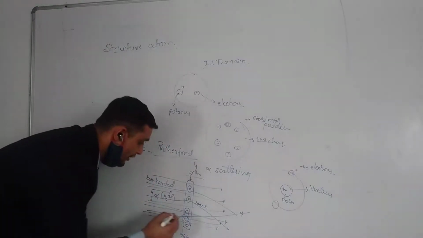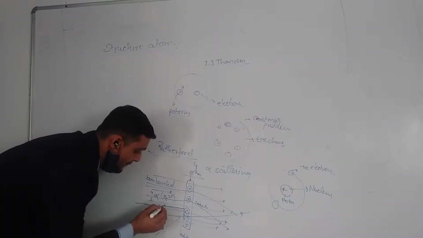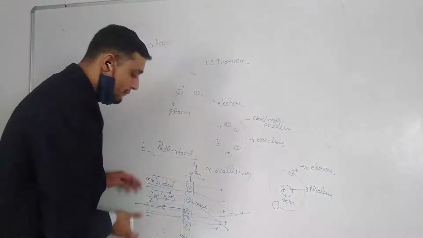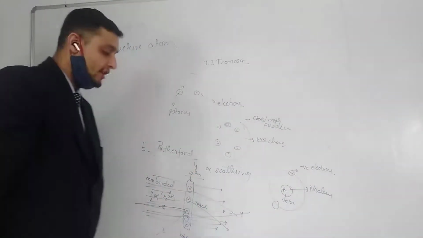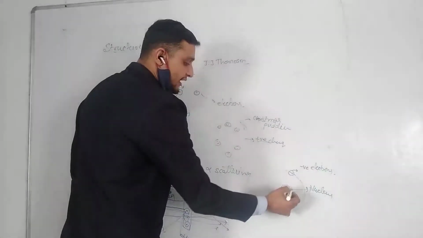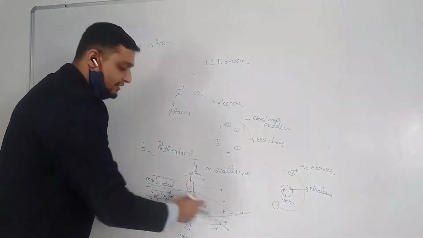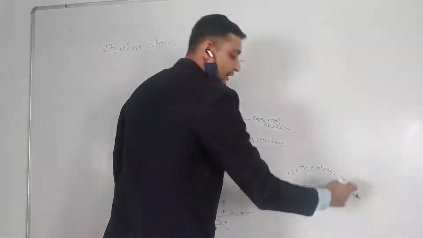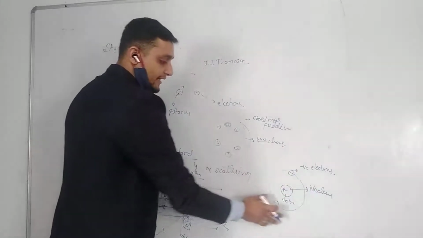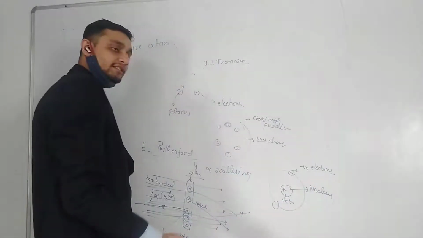And 1 in 10,000 alpha particles returned back at the same point. So these were the three observations when he bombarded alpha particles which are positively charged. So he said that there is something in between that has positive charge that deflects these positively charged particles. Second, most of the space was empty, that's why most things were passing straight away. So he told that the remaining part of the atom was filled by electrons, and the electrons are rotating around this nucleus.